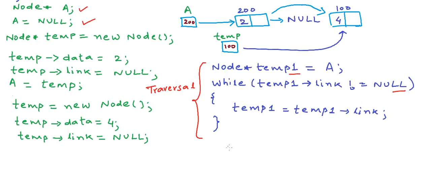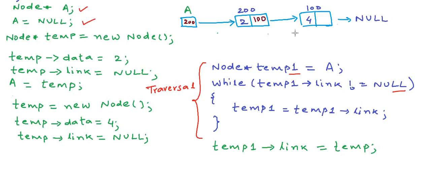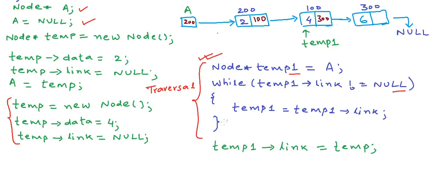So finally, after all this, we will write a statement like temp1.link is equal to temp. Temp1 is pointing here. So now this address part is updated and this link is built. So we have 2 nodes now in the list. Once again, when we want to insert node with number 6 in this list, we will have to create a new node by this logic. Then we will have to traverse the list by this logic. So we will point temp1 here first, and then the loop will move the temp1 to the end. Let's say this new block is at address 300, so this last line finally will adjust the link of the